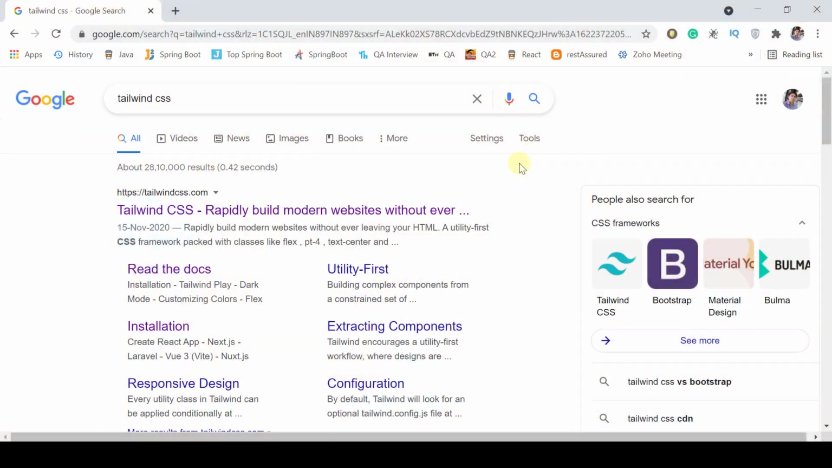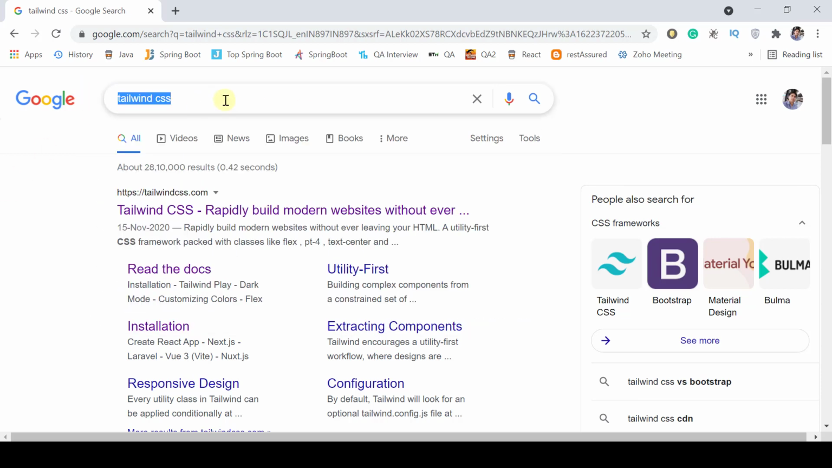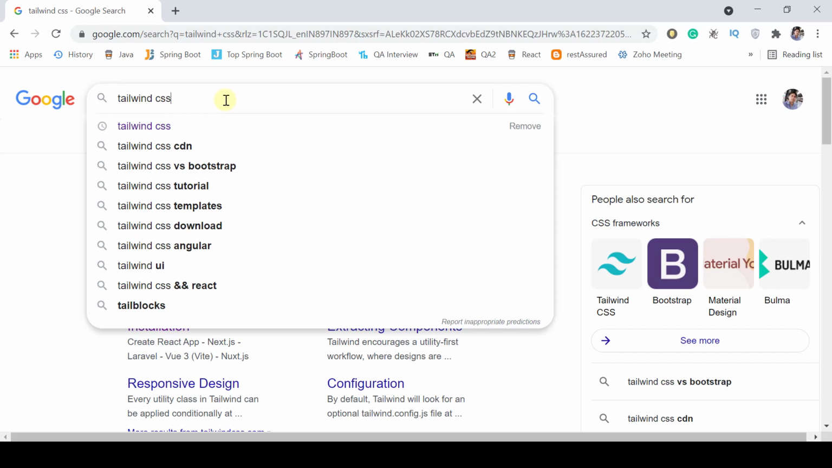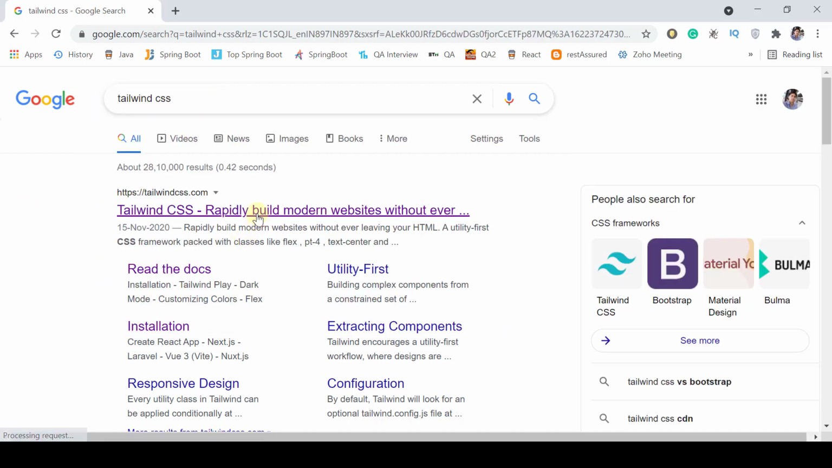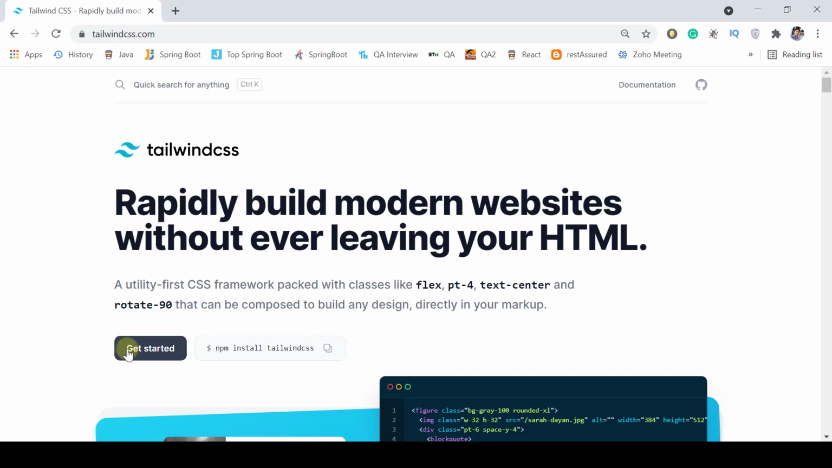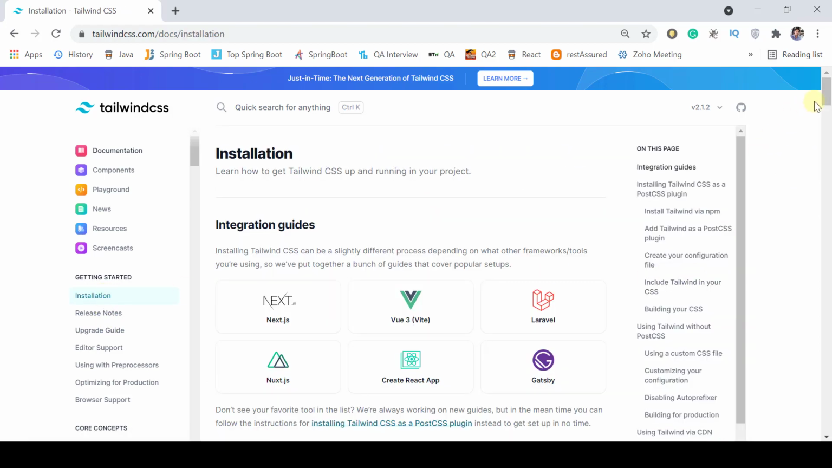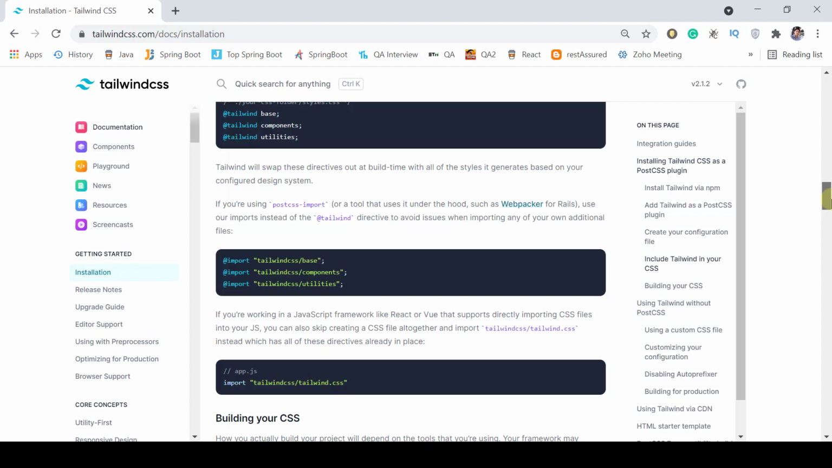Today we are going to learn how to create a simple website within 10 minutes. So what we will do, we will navigate to Tailwind CSS and click on the link. Then we can click on Get Started. After that we can click on Installation. Navigate down to this one,